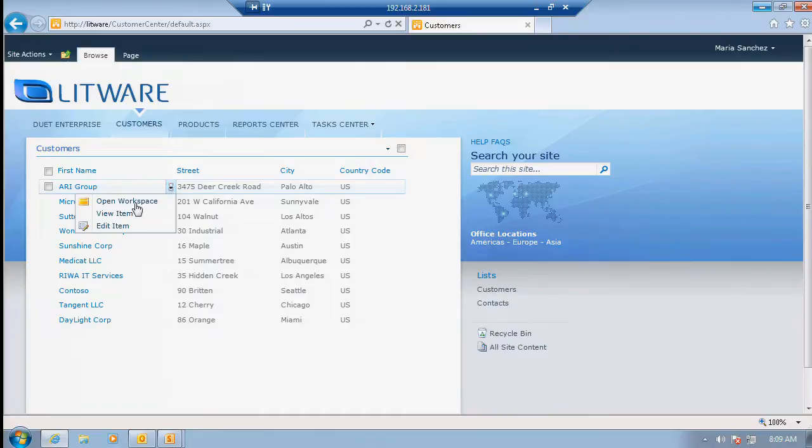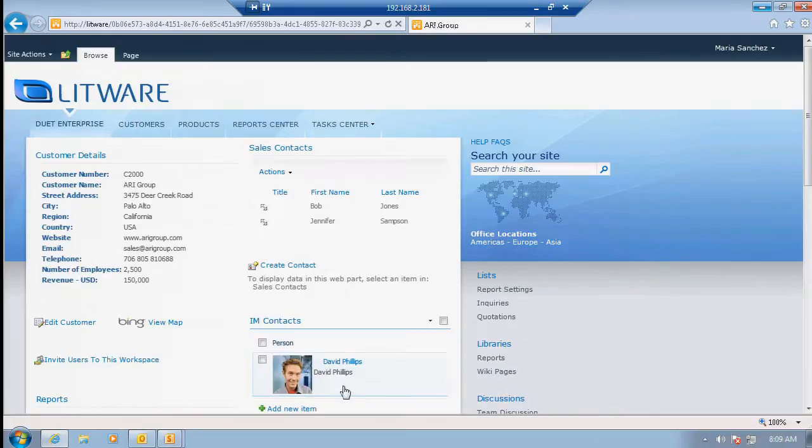So she simply clicks Open Workspace, and now with the ready-to-use capabilities, any one of these customers has this open workspace opportunity as a selection item. As well as when we went over to the products list, it has an open workspace on it. So any customer, any product can be collaborated around. And so in this case, she